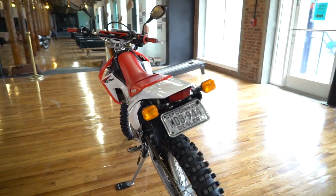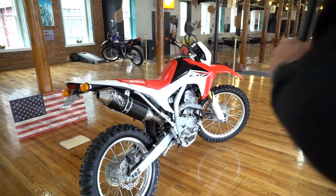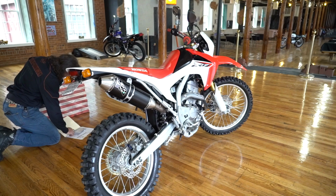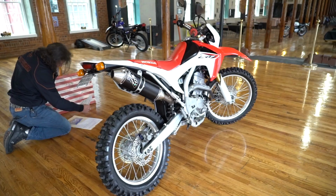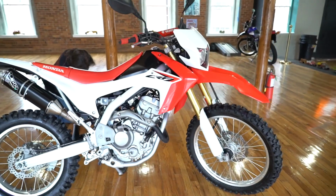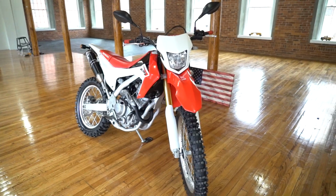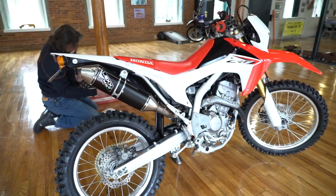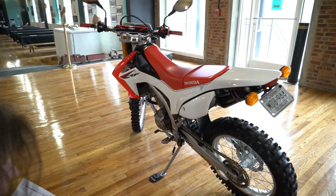So again, let's see. I'm looking at the wrong work order. Oh, it's over here. There it is. 2015 Honda CRF250L. Total of 11 hours labor was put into it. It has the pipe and the tires on it. The pipe and tires was about $400 in upgrades, plus the chain and the brand new oil filter, oil, front brake lever, front clutch lever, shroud graphics set, the MGO turn signals, the rear